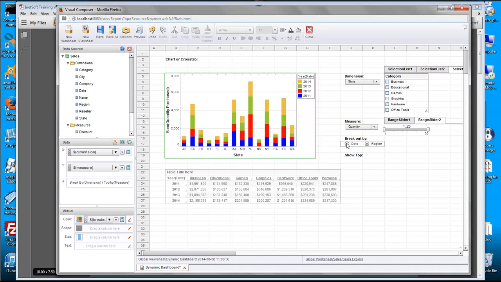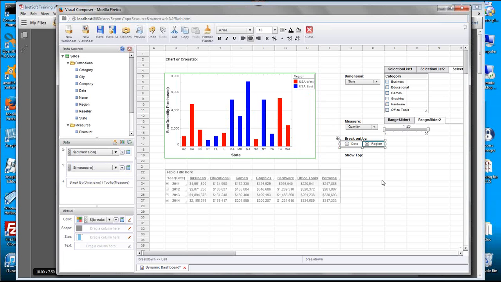So let's try it out. I'm going to select date. Okay, so there's date. And if I select region, then I get region. It's a little bit of a strange choice, because if you're in the state view, each state is only in one region, so you get something that looks like this. But that's fine. So we have this choice of breakout by date or by region,